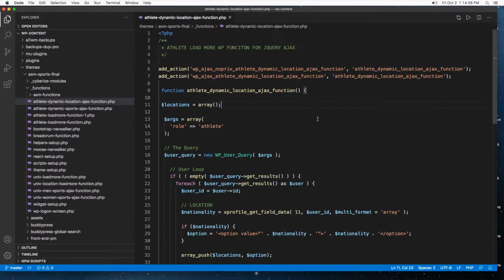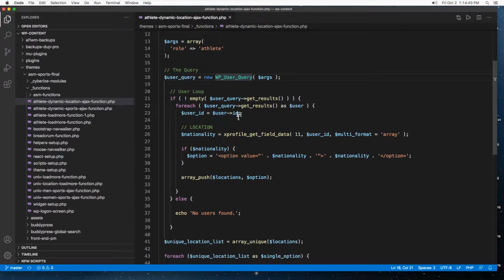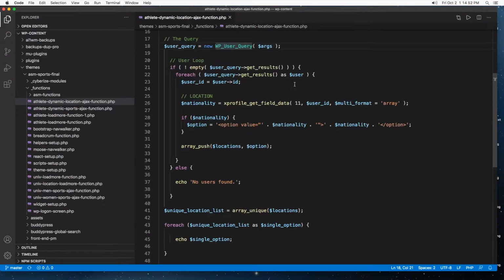Other than that, this is just a regular PHP function where I'm calling a location empty array, which I will use later. And an important thing to look at here is that I'm using WP user query, not the regular query, where I will be looping through all the members or users that this site has and going through them one by one. And inside the loop, I'm collecting the user ID and passing it along to this BuddyPress function